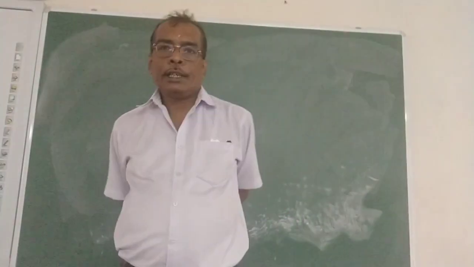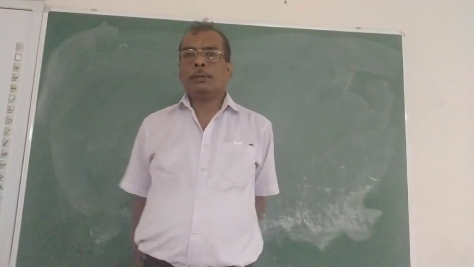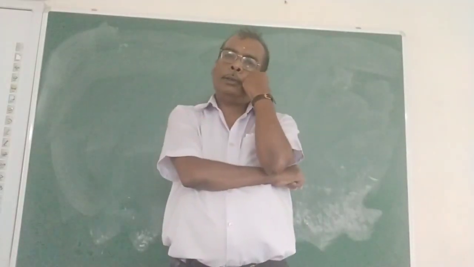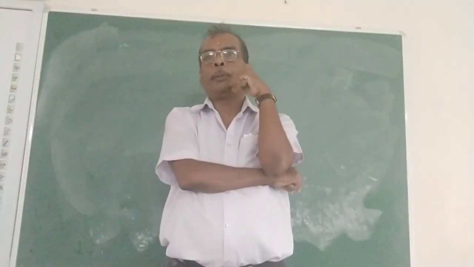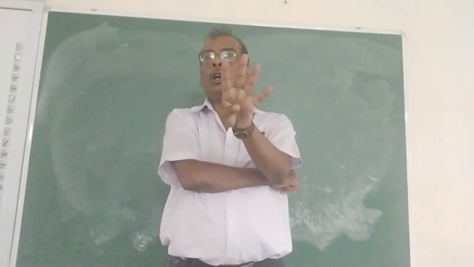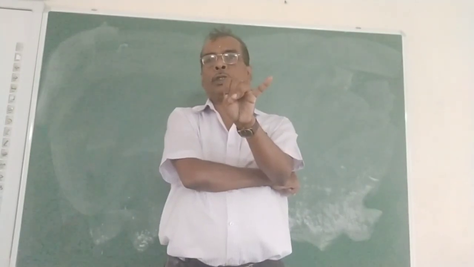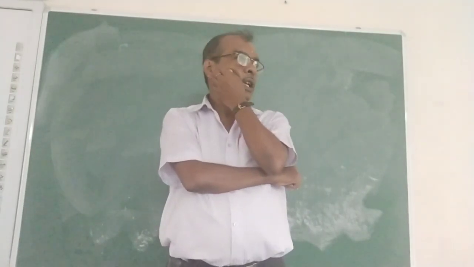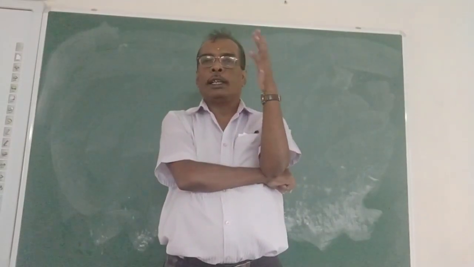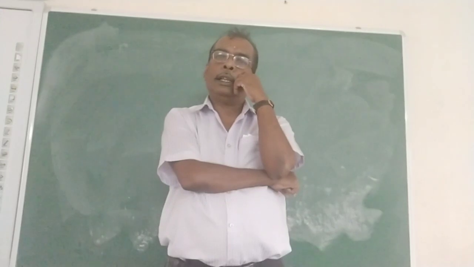Last day I completed the first part of the parallelogram, and I explained what a parallelogram is and its different properties. You have come to know that there are a total of 4 properties of parallelograms: opposite sides parallel, opposite sides equal, opposite angles equal, and diagonals bisect each other. Now, before starting the next part, I am going to add one more figure with it. That one is a rectangle.